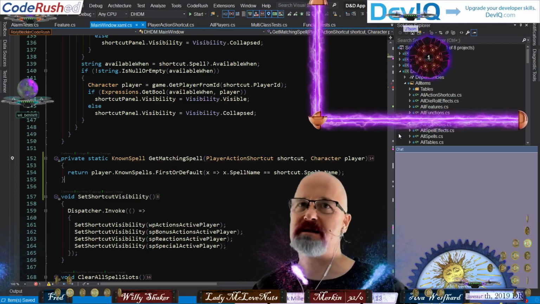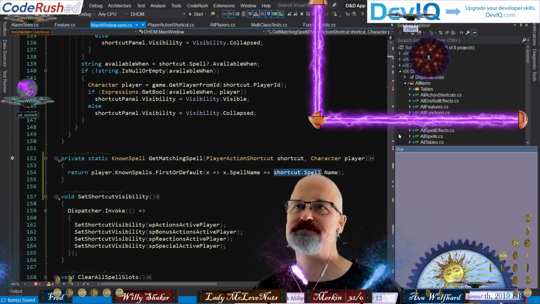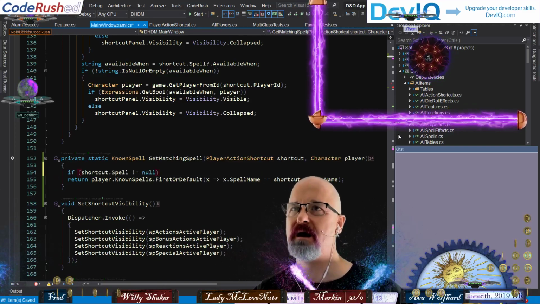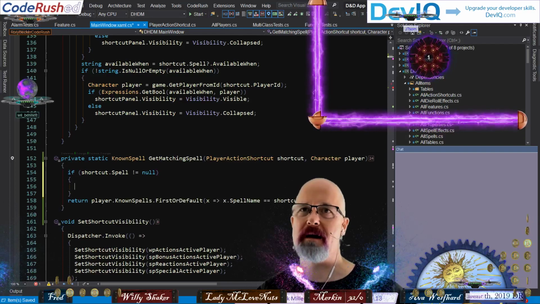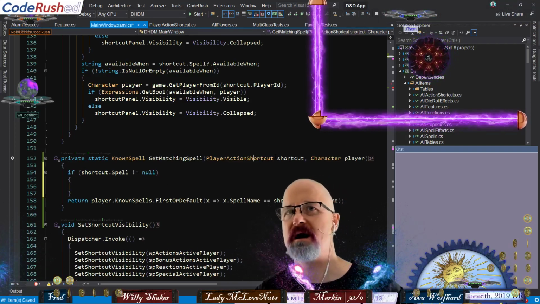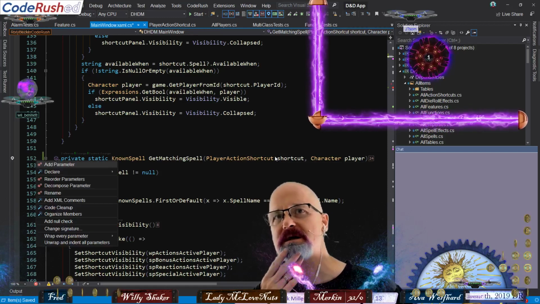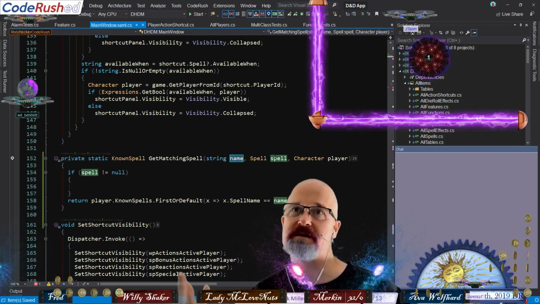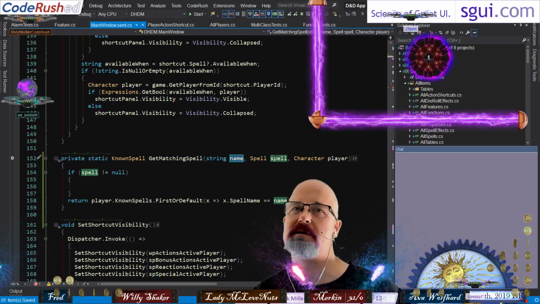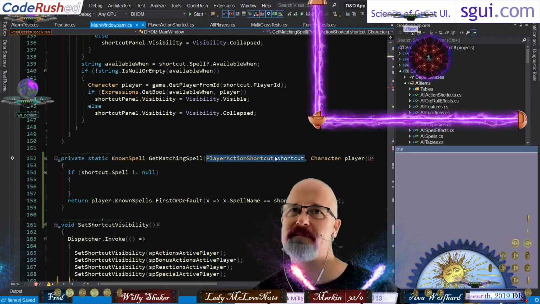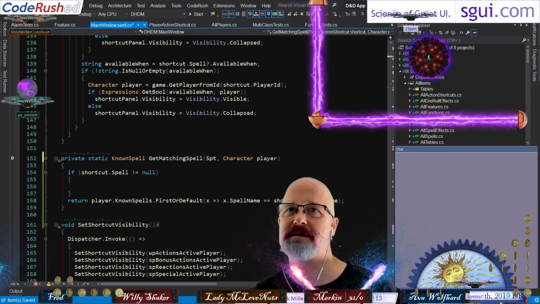So I want to fix that. Now I can kind of cheat this a little bit by saying something like this. If not null, then there, and then come back up here and use a decompose parameter, and it'll give me just the spell. Yep, because I'm using it in a couple places. And there's the spell. Oh, it gives me the spell and the name. Yeah, guys, come on. All right, fine. I'm just going to do this by hand. It's disappointing.